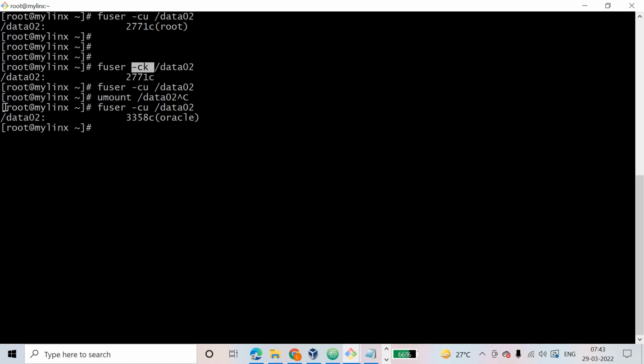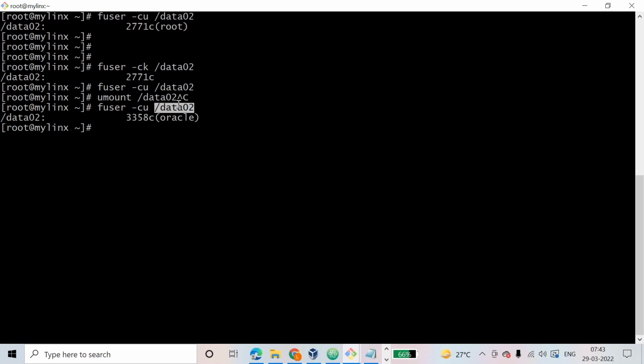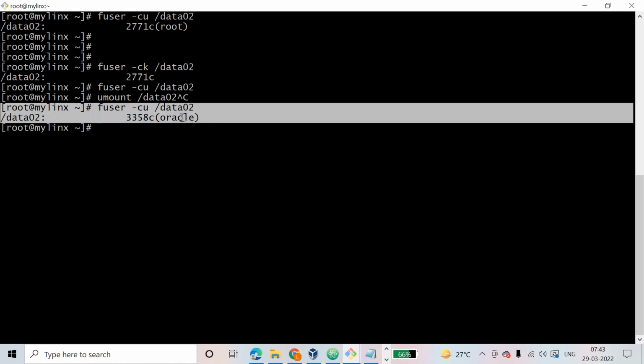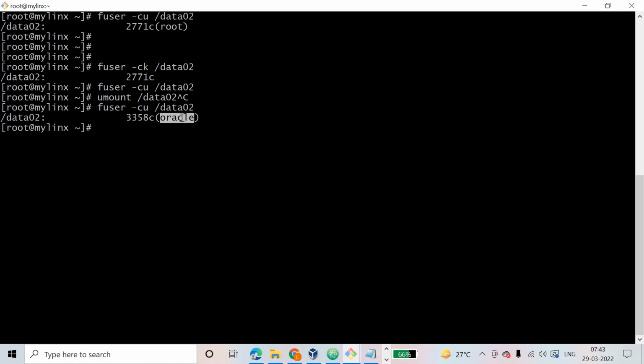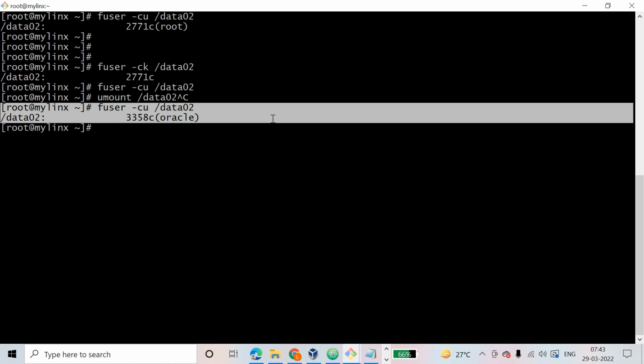You need to send an email to the database team. As per your request, particular people only will request us to unmount or delete. Until someone requests, we can't do it. So what you need to do: as per your request, I am trying to unmount this file system, but I am getting this, some Oracle user is still using this file system. Take a copy of this backup or screenshot and send an email to the Oracle team, database team,